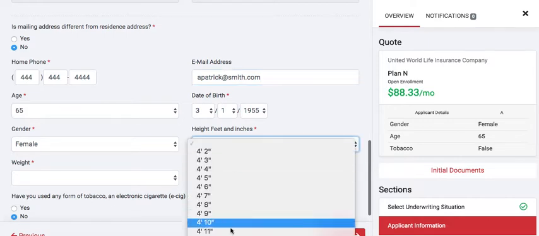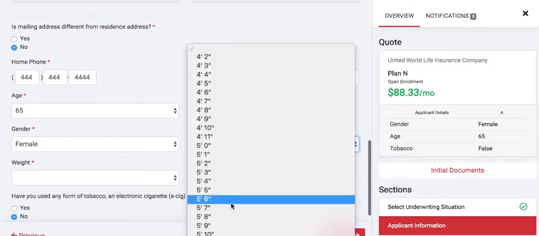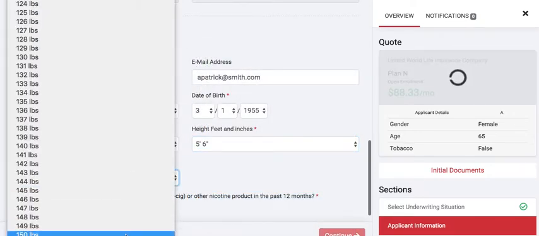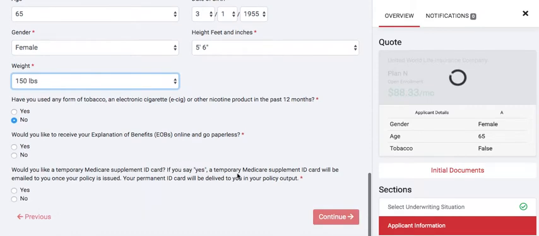If it is an application that is based upon the height and weight, if there are requirements for that, it will notify you. What it's also going to do here, as I talk through this while I'm filling out the application,